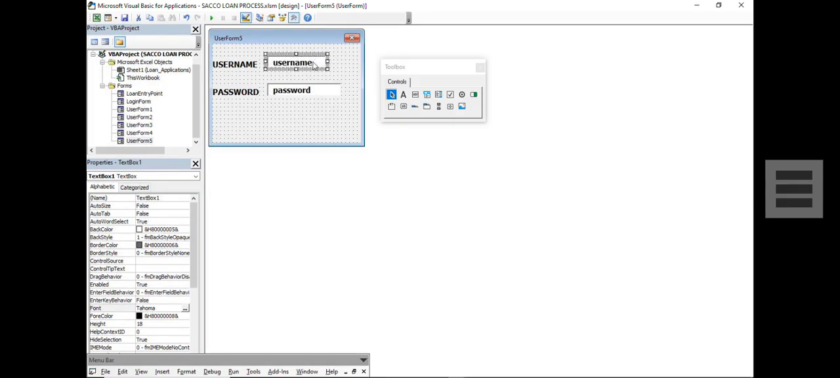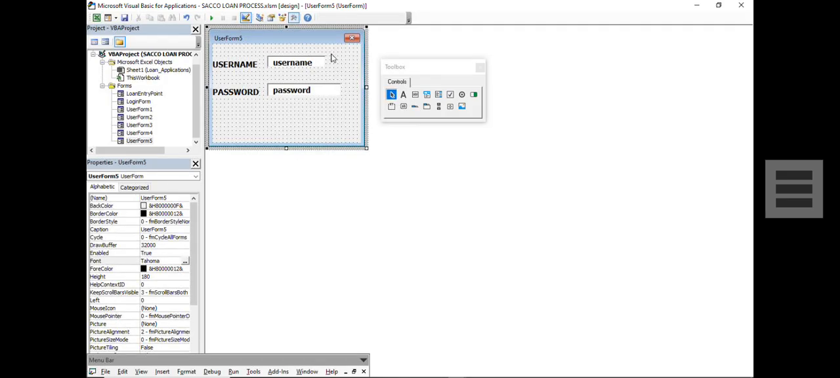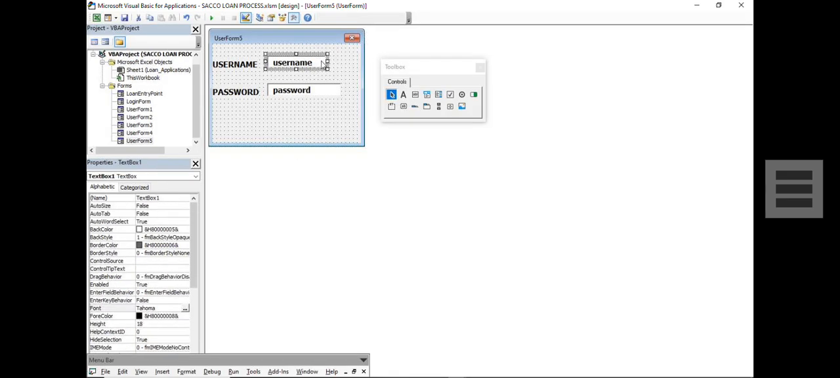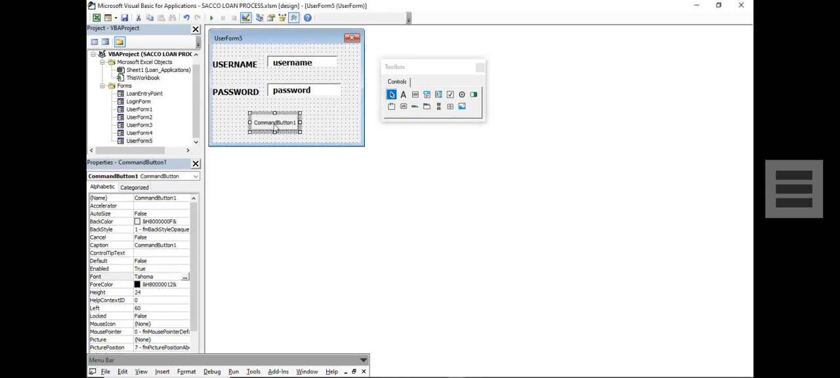So basically, just like that, you have created your login form. But it is not yet done. The last thing you need to put is the command button. The command button is the one which executes the different commands. It's the one which will get the username and password. That's why you put the different